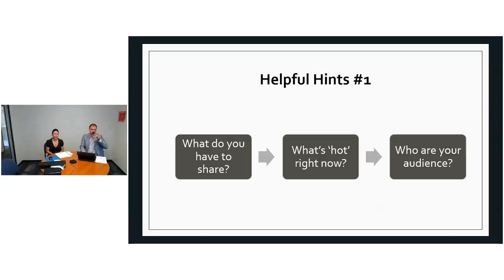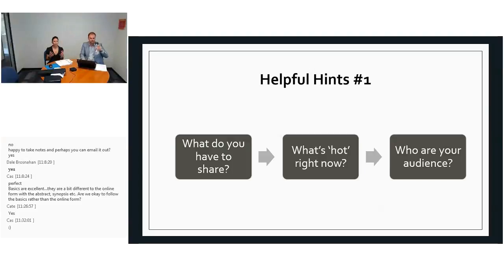The second point there is, what's hot right now. There's certainly no requirement to talk on a hot topic, but there are some obvious topics out there that everybody is talking about, whether it's changes in the funding for higher education to mental health in the student development space. So if you are doing something or involved in something that is a really hot topic, international students, that's a great opportunity to put that on the radar and show what you're doing.